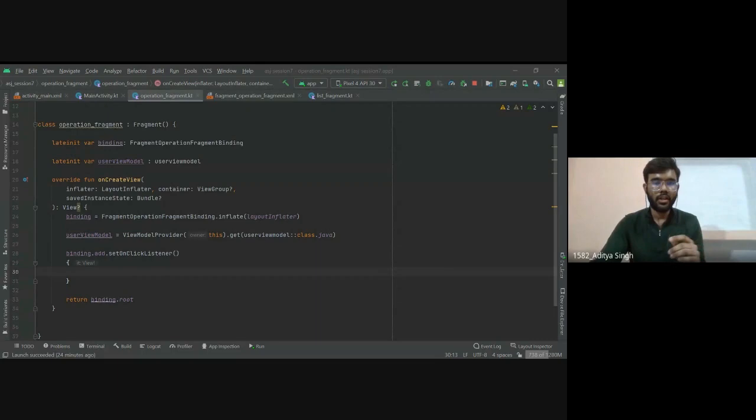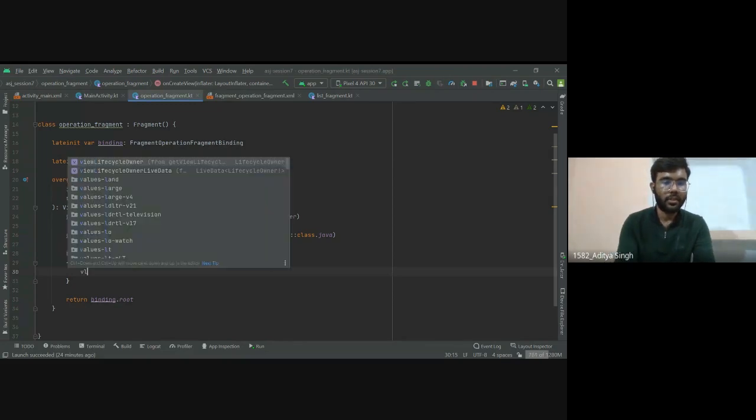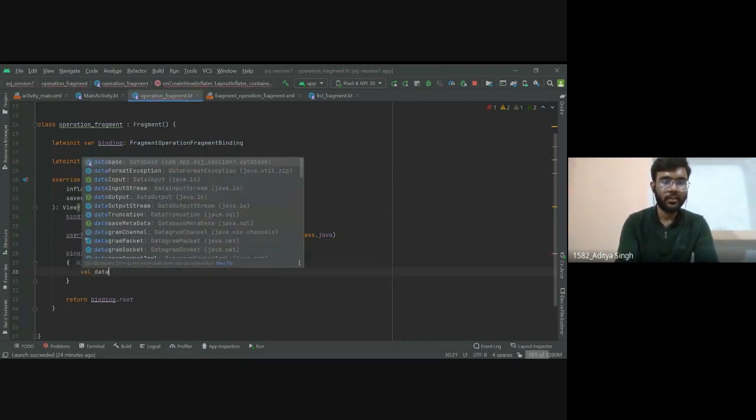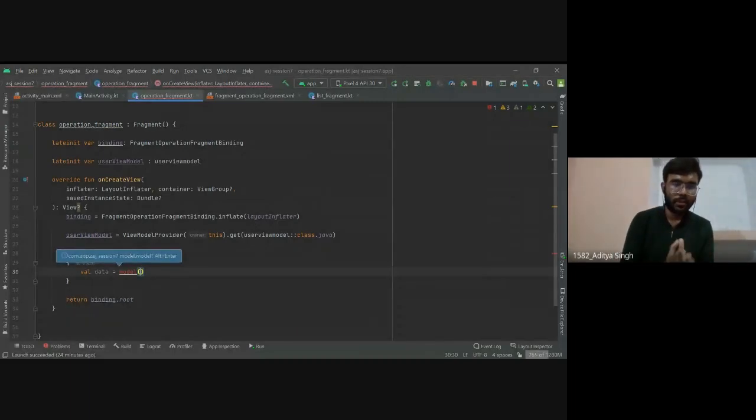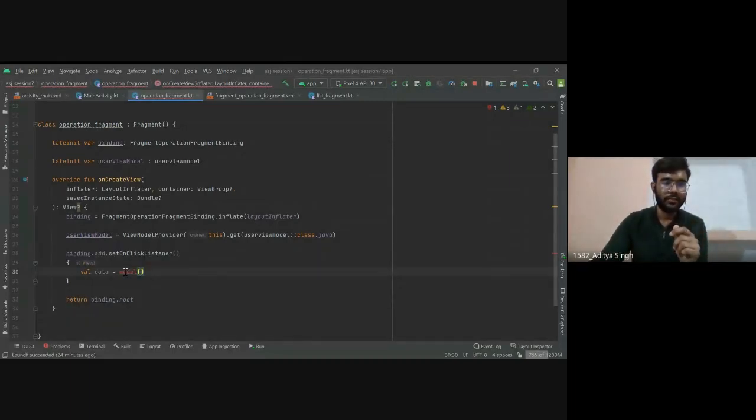Okay, so let's see how we do that. Create a variable, val data equals to the name of our model class, Model, and inside this model we will pass the data which we want to insert. So how do we do that?